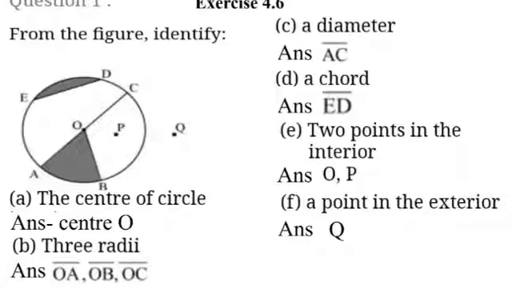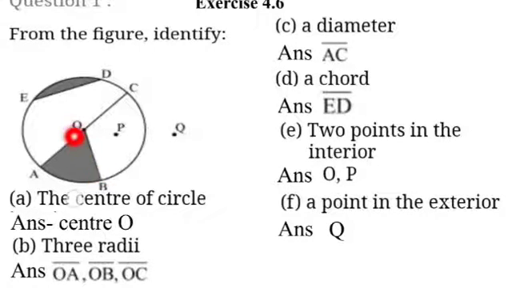What special thing is there in this segment? What speciality can you see? We can see that A and C are definitely on the ring of the circle, but we have one more point O, which is on the line segment AC, and this O is nothing else but the center of the circle. So when you get a chord passing through the center of the circle, such a chord is called a diameter. What is it called? A diameter.